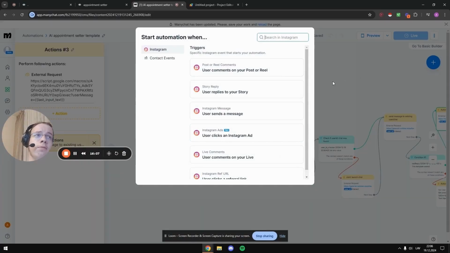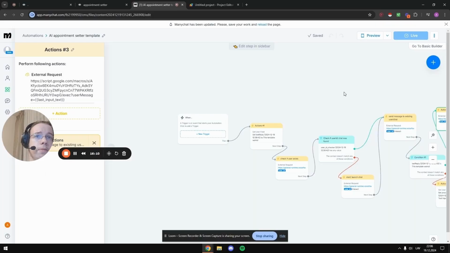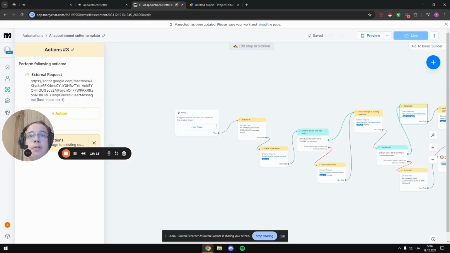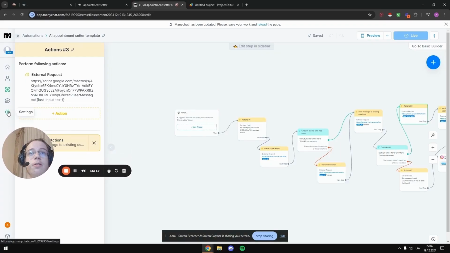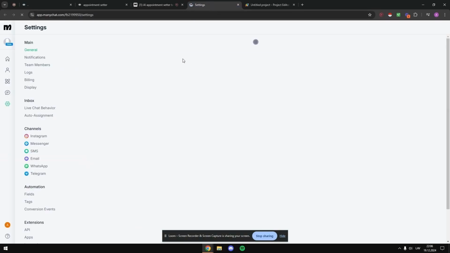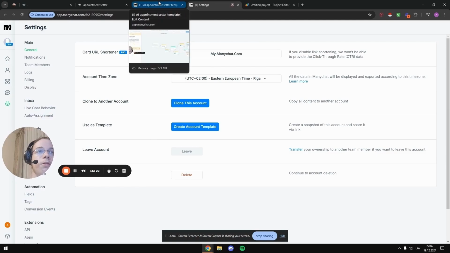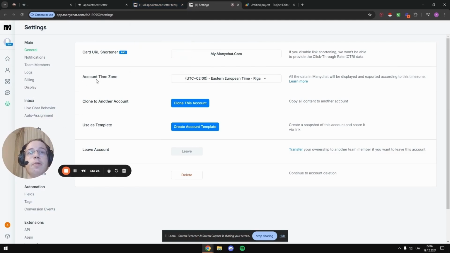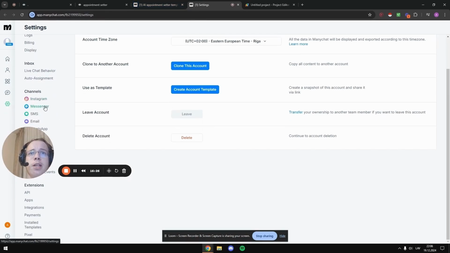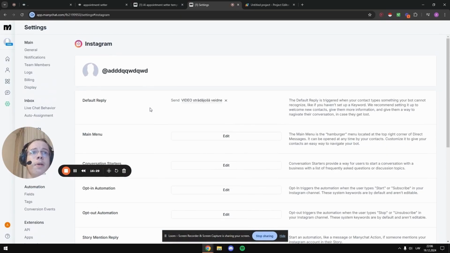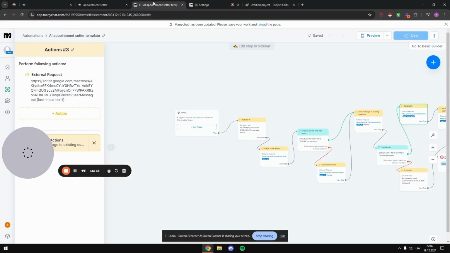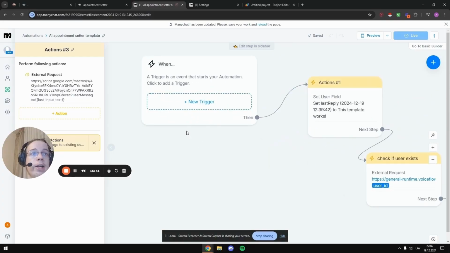Now you can choose any one of them. All of them will work, but for this case you'll need to use a default reply, which you'll need to get from the settings bar by going to settings, then clicking Instagram, and here you'll see default reply, which for my case is set for another template. Therefore I'm not going to choose it, but once it's chosen you can go back here and as a trigger